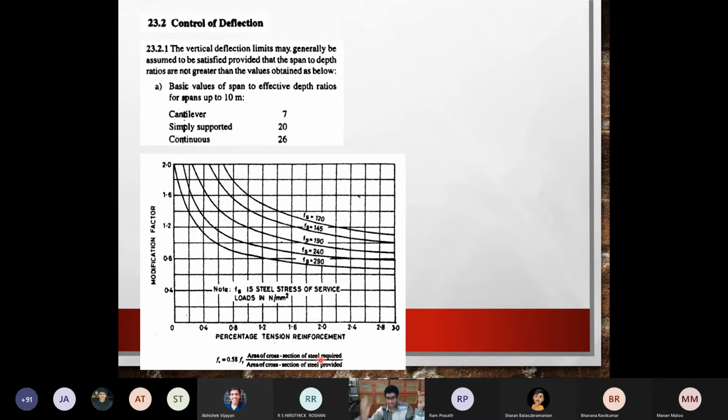So in the sense, for example, you do the beam design, you find out that you require 800 mm square of steel. You are not able to provide 800 mm square, so you give, say, 942 mm square. So 3 numbers of 20 mm bar will be 942 mm square. So 800 by 942, some ratio is there. So that ratio to 0.8 into Fy, you see what it is, and you look at it over here, and then based on that number, you can just modify your number and check.